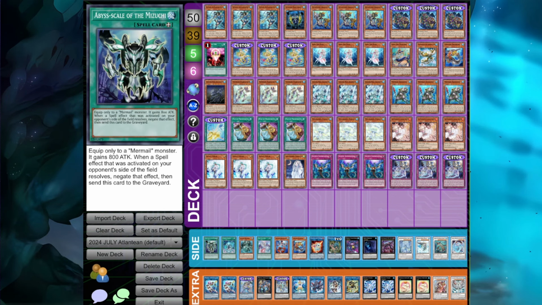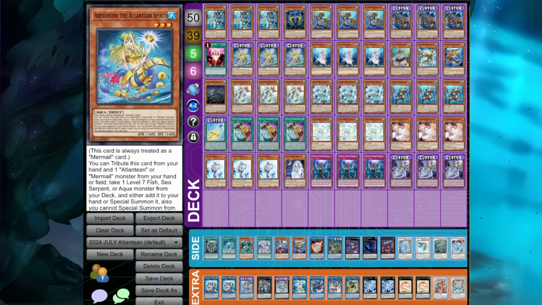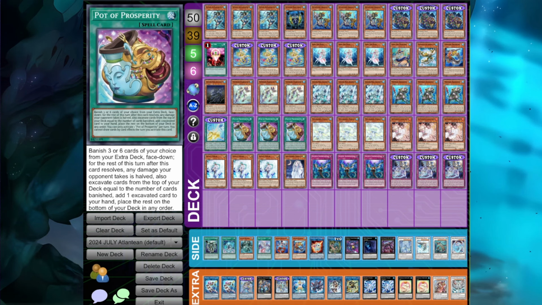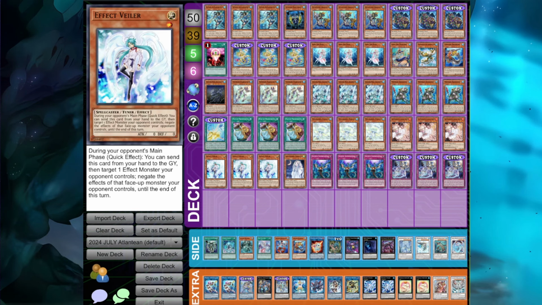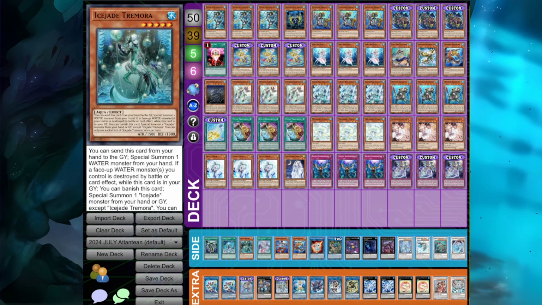Again, I just don't think it's necessary, because you just have a lot of access to Adrian and the Teus with the card Abyss Shrine. So you really don't want to play Megalo in this deck. So Pot of Prosperity is the consistency card of choice, because it's just more versatile. Maybe you could play the Deep Sea Aria, maybe you can play just other cards in general,